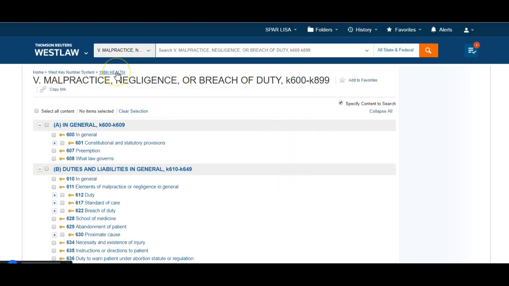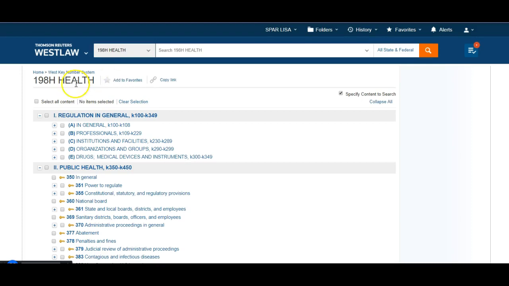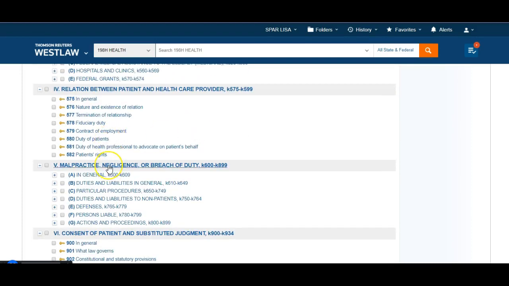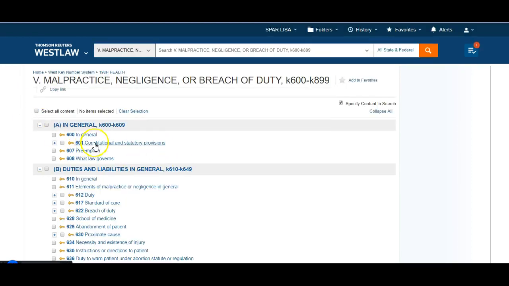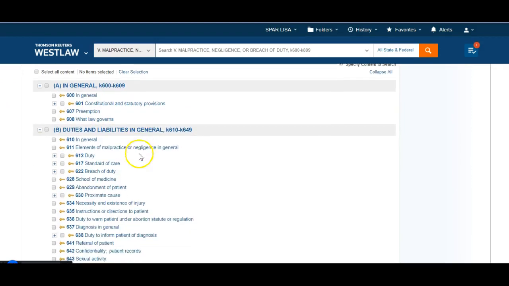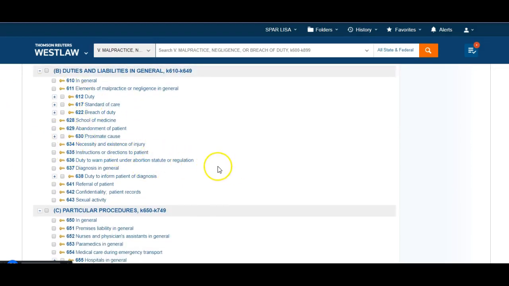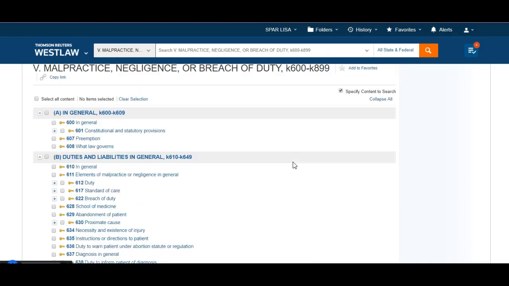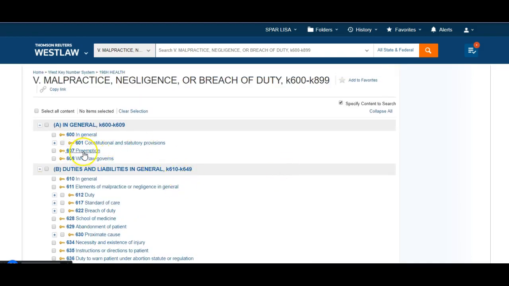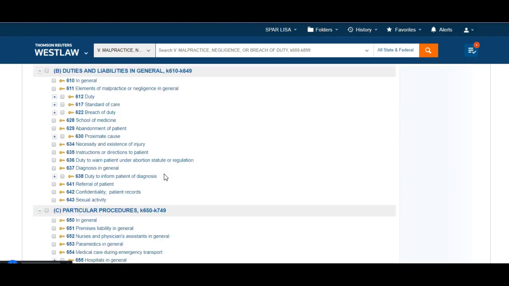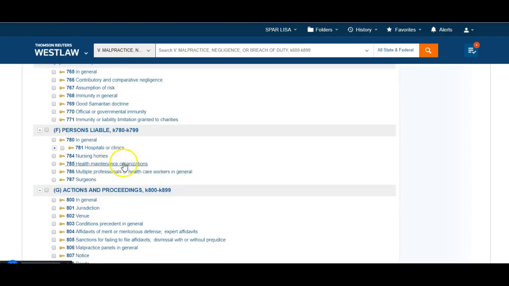So within the health topic, I'm looking at the malpractice and negligence subdivision. Within that, I'm scrolling down and I might see some other key numbers. Now notice our subtopics are also assigned numbers. That's why the system is called the key number system. The number is useful to help you identify it, but it's not really necessary to know. So we might see preemption, 607 is useful. We already saw 785 talks about